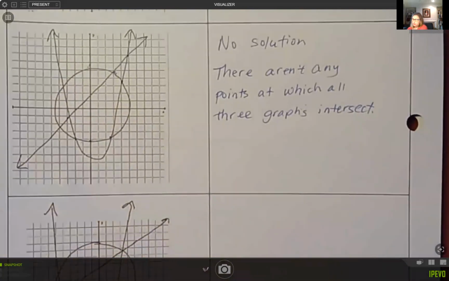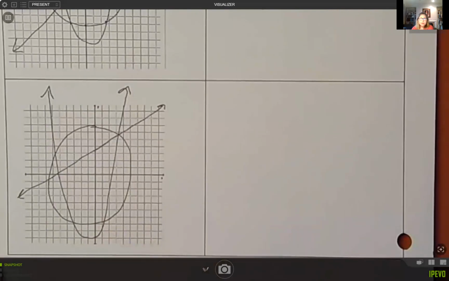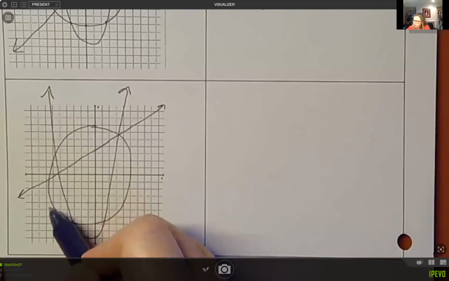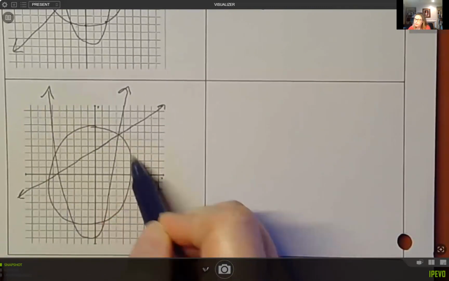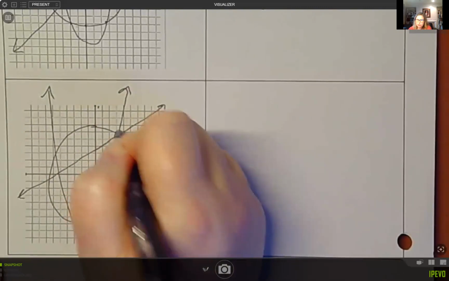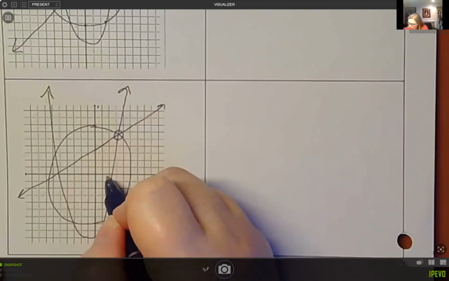Okay, then moving on to the next. So we have another circle, line, and parabola. Okay, and following my circle, only two of them intersect, two of them intersect, two intersect, two intersect. Here, all three of them intersect. Okay, so here I do have a solution, and that's at 1, 2, like 3.1,